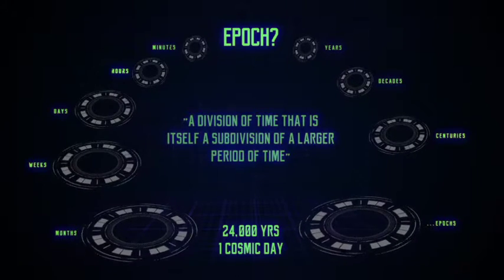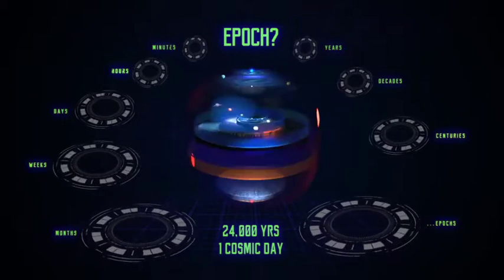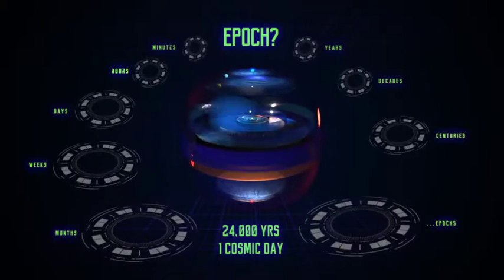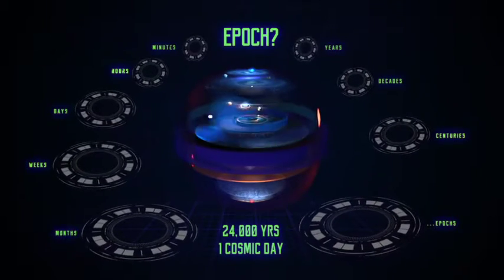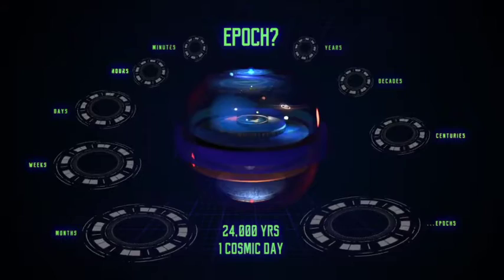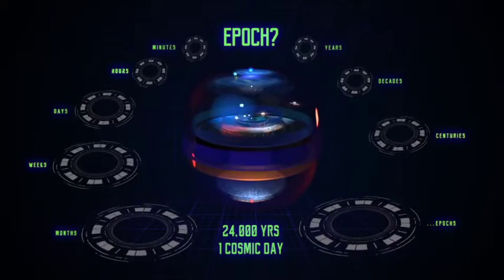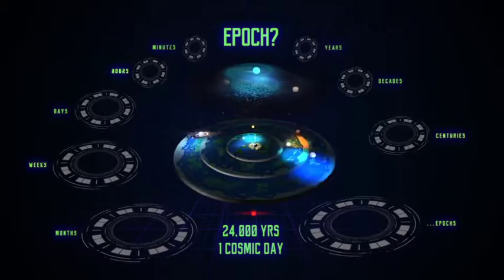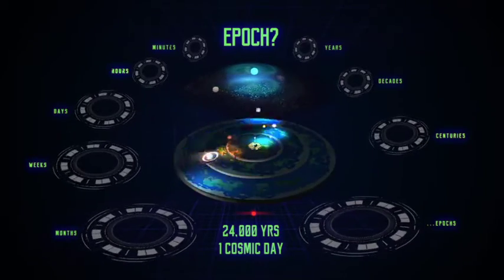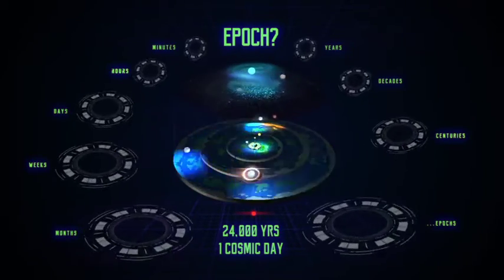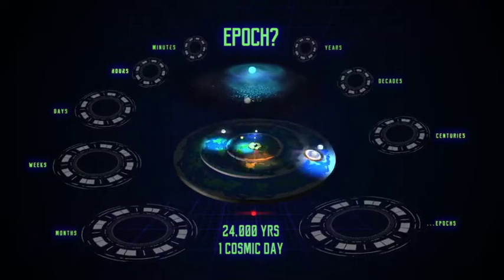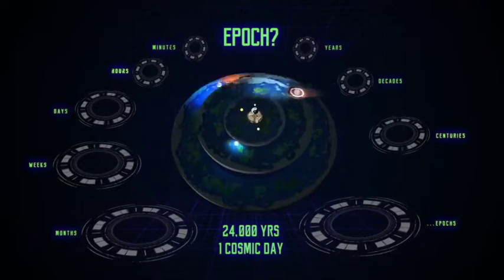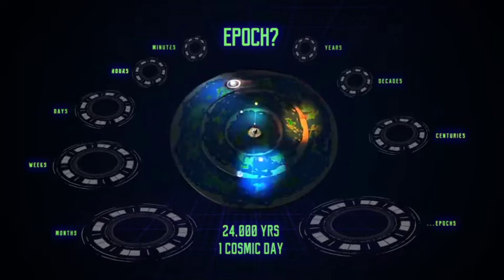Think of seconds to minutes to hours to days to months to years. Good examples of epochs. An epoch is also subdivided into ages corresponding to a series of chronological changes or events. An epoch can sometimes be referred to as an era, age, period, time, eon, span, stage, or point in history. Universal epochs are also sometimes referred to as a platonic year or a cosmic day.